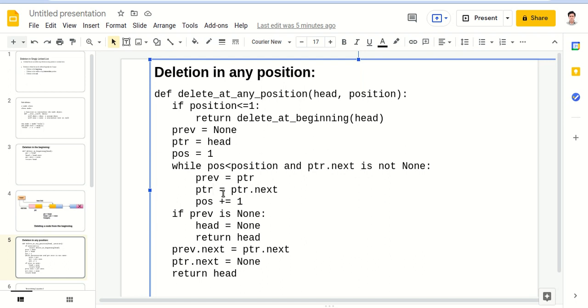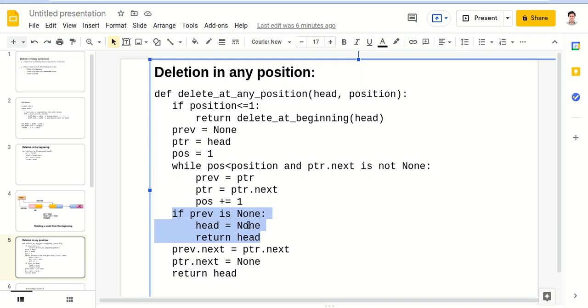Now once it comes out, suppose it comes out because pos has reached position. Then definitely we have prev. The case where prev is none is only true when there is only one node and the position is a number greater than or equal to 2.